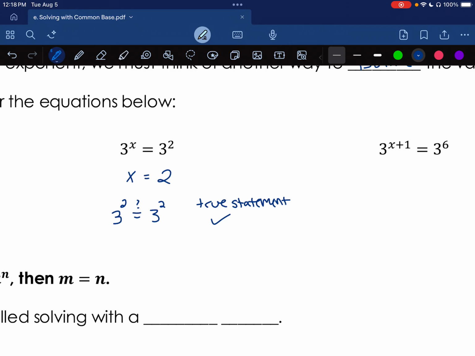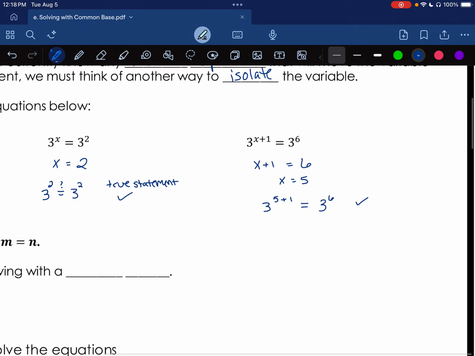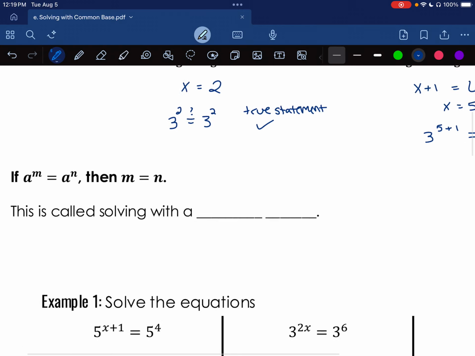All right, well, what about this one here? A little bit more complicated. I have 3 to some power equals 3 to some power. If I set x plus 1, that first exponent, equal to 6, and solve, and plug that back in, am I going to get a true statement? So this would be 3 to the 5th plus 1. We know that that is equal to 3 to the 6th. So what we kind of uncover here is what's called a common base,